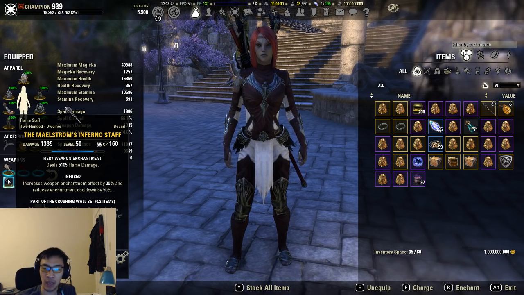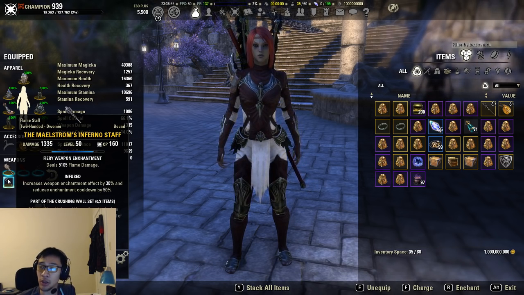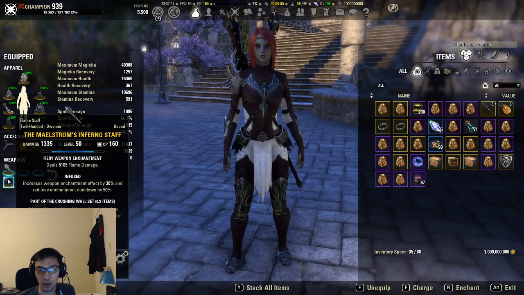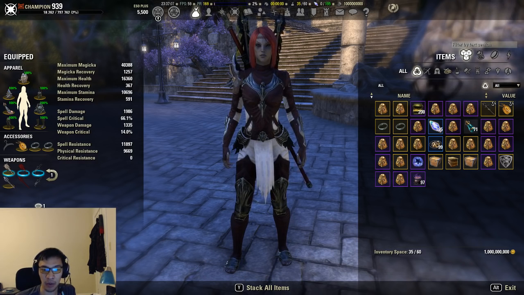So if you have, for example, a weapon damage enchant on your back bar, you cast blockade and you swap to your front bar, the blockade will not proc the berserker enchant. It will not proc the weapon damage enchant because it is a buffing enchant. So that's why we tried out berserker flame, berserker on the front bar and flame enchant on the back bar,